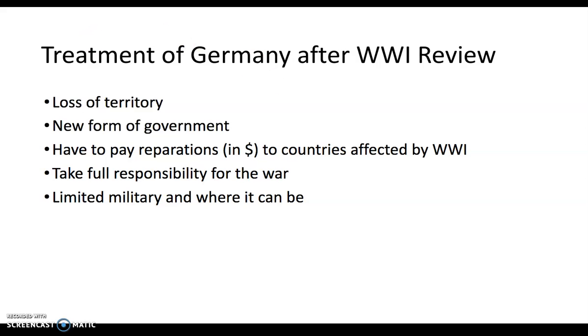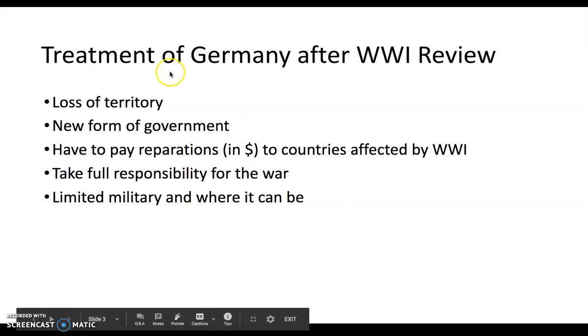Now, as we know, in many cases, that limitation in terms of that appeasement with the military did not go very well. The Germans resented the loss of territory. They did not like the new form of government. Again, it was very weak and couldn't really handle the pressure. The reparations kept the German economy very weak and actually in a state of depression long before the Great Depression hit every other country. And that would, in fact, lead to the rise of Hitler and the Nazis.